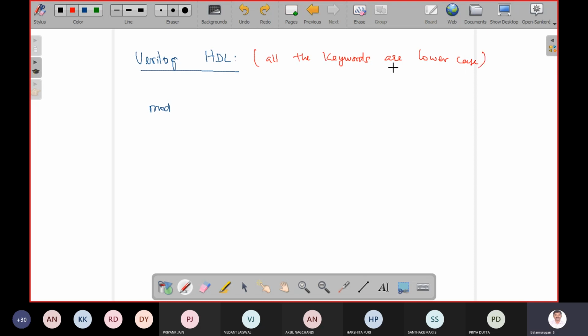That means these keywords you cannot use as user defined variables. I will tell you what the keywords are as we write. Here module is a keyword. The first line you have to start with module, followed by the module name.